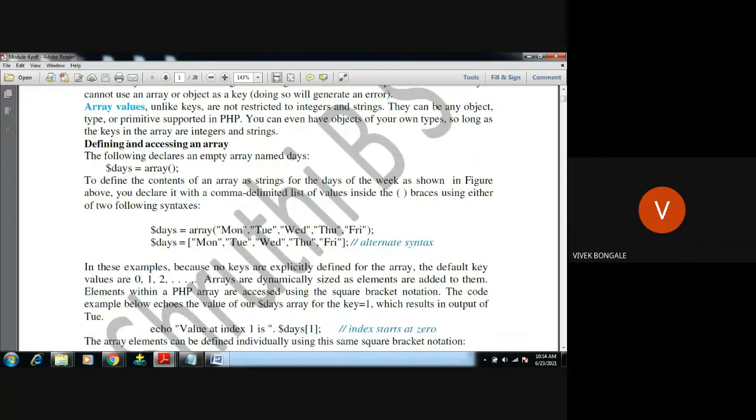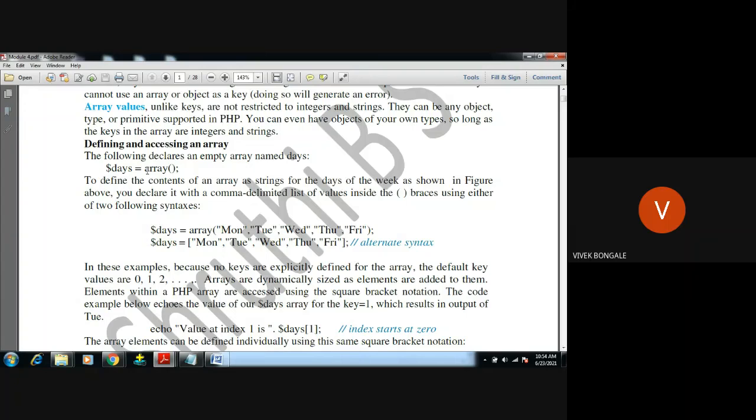So how to define and access an array? Here $days is the variable we are creating, and array is the keyword. If you use this, we are creating an empty array; we are not passing any value.